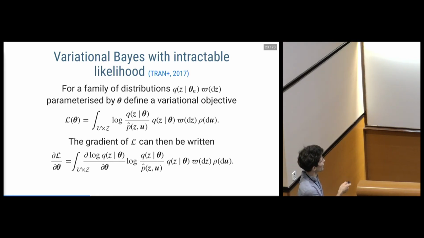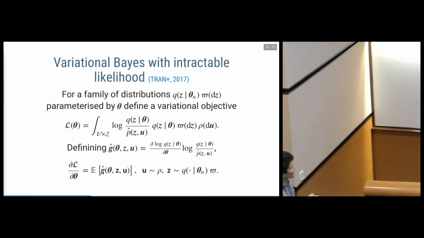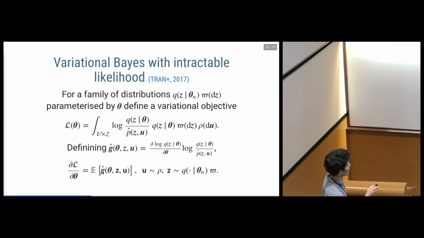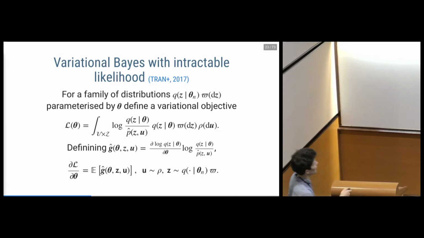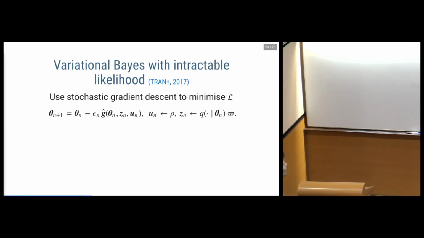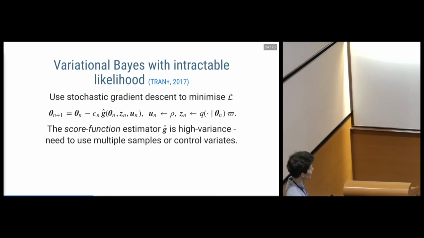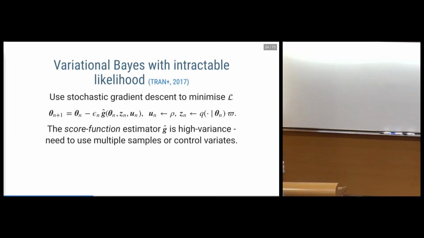So in particular, if we take out this bit here, all we're doing then is computing the expectation of this term against those two distributions. And so we have that an unbiased estimator of the gradient is just defined by this G hat function evaluated at independent samples from these distributions. Then we can just use whatever stochastic gradient descent method of choice you wish to try and minimize this objective. And under some suitable conditions on, say, the size of these step size parameters, this should converge to some local minima.